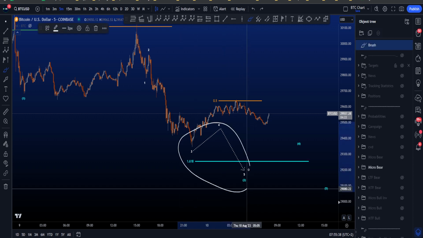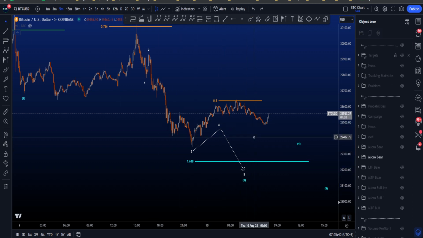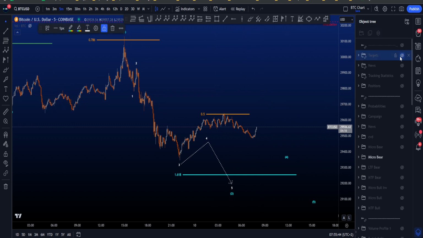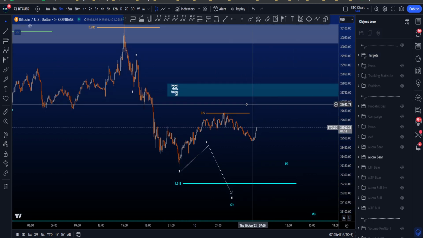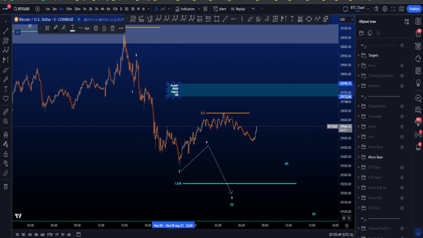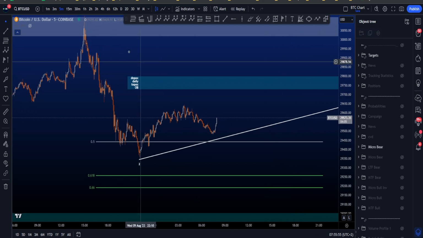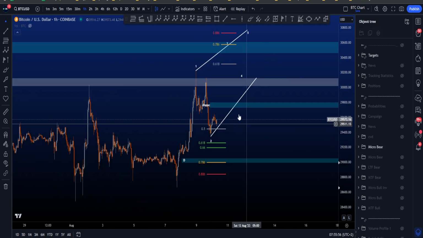But we never got this structure over here, which is for me increasing the probabilities that price might at least reverse to the upside to hit the target box that we have above price over here, which is sitting between 29.7k and 29.8k. If we go to the second micro bearish scenario, we could be looking for a diagonal to